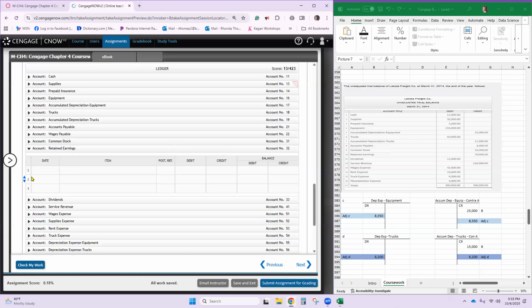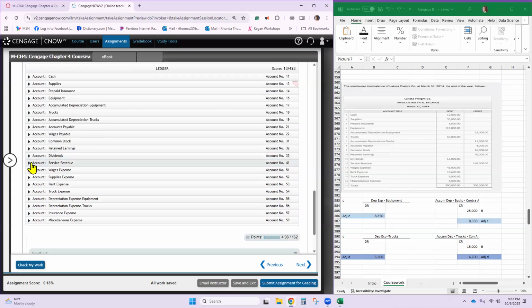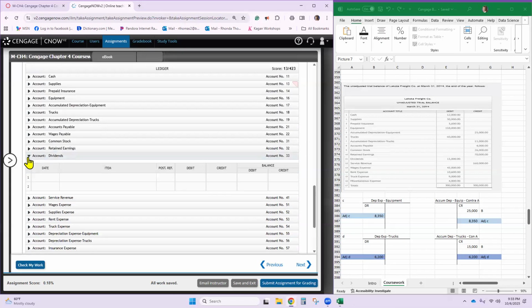Retained earnings starts off with an unadjusted trial balance of 70,000. Dividends has a balance, a debit balance of 15,000.